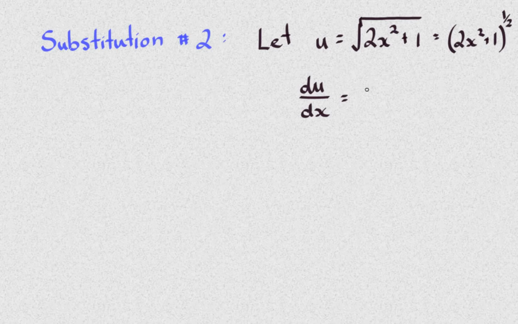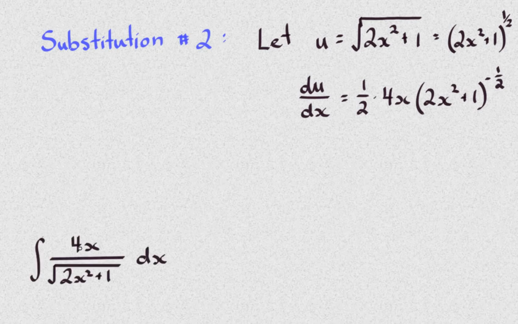So applying the chain rule, half comes out the front, the inner derivative comes out the front, and then we are left with 2x squared plus 1 to the power of -1/2. Now, thinking about what we want in the original question, let's just bring that back up. We want a 4x dx, and we want this square root function on the bottom. So we've already got a 4x,